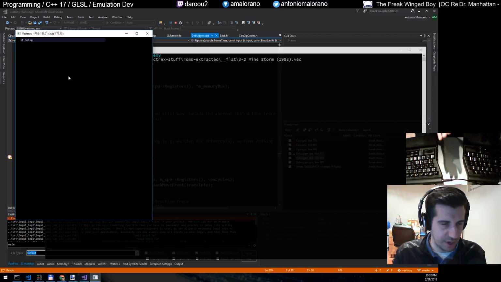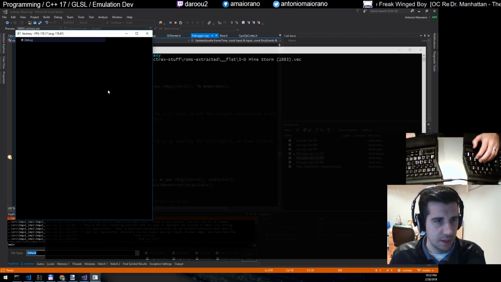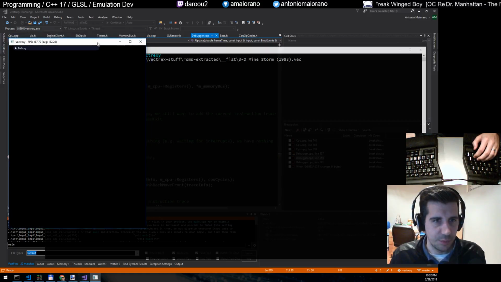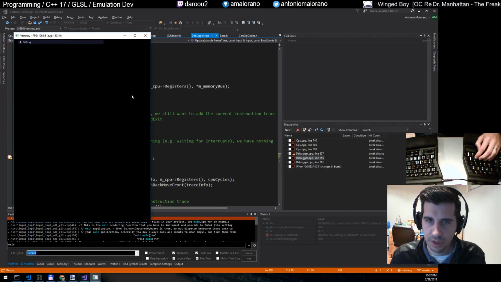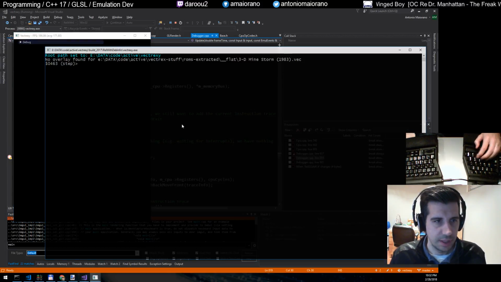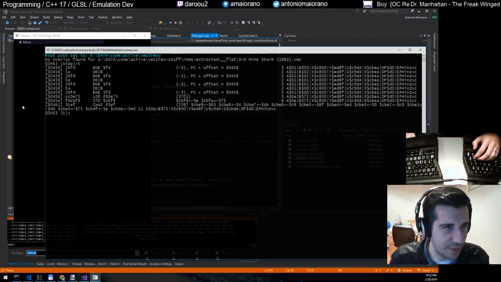We should have a black screen. It's waiting right now. If I hit F, we got that. Now I'd really love to get it to show, like right now. There we go. Oh, it's sorta. So we can see that right now when I break, the last logged instruction is a CWAI